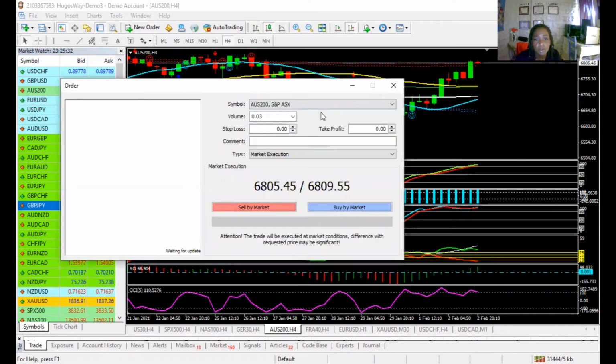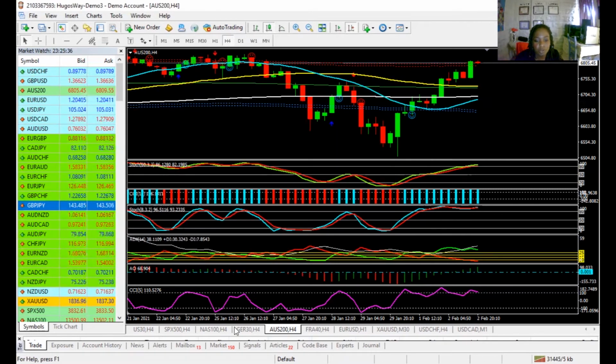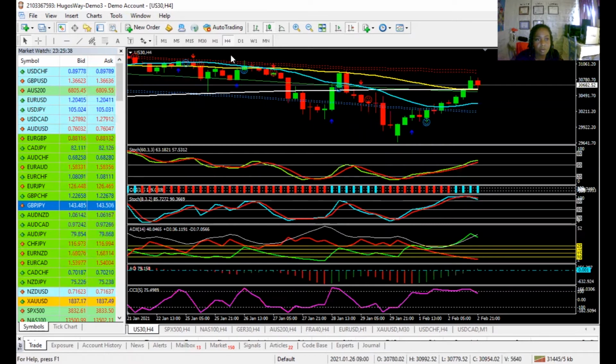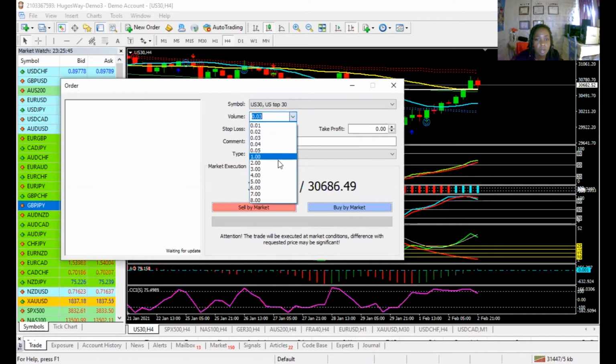This is how you place an order. You're going to hit new order, and you're going to make sure the symbol here is what you want to trade in. So if I meant to place the order in US 30, then I'm going to come here. And then I'm going to hit new order. This is where I'll choose my lot size, where it says volume 0.01, 0.02, 0.03, or I can go a standard lot size. There's also like 0.05 is where it stops here, but if I wanted to do 0.06, I could just type in 0.06. I literally could type it in, or 0.10,